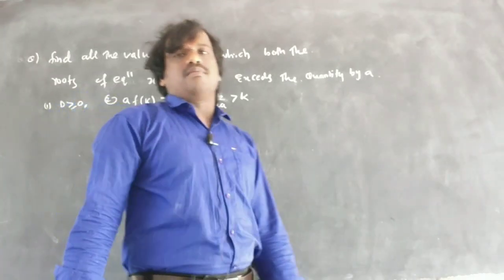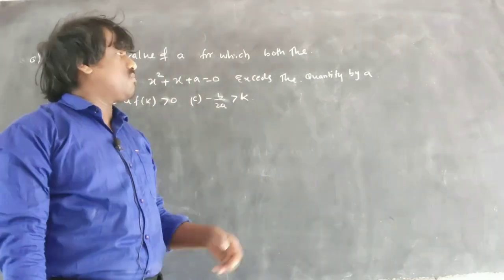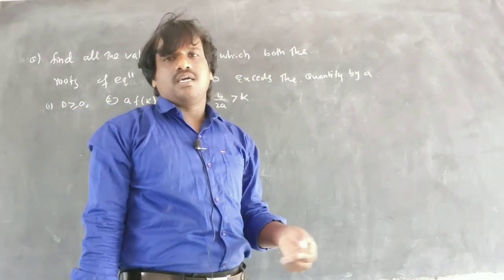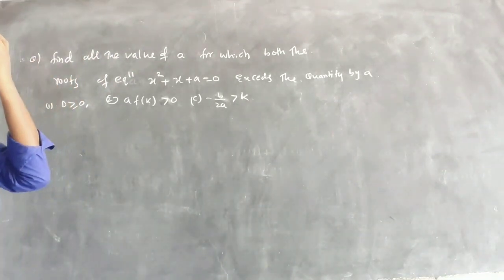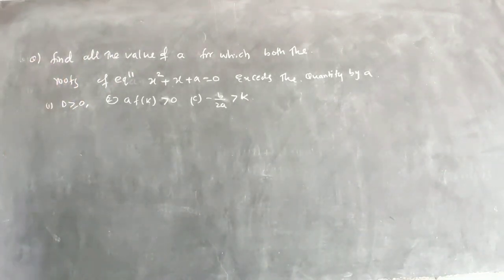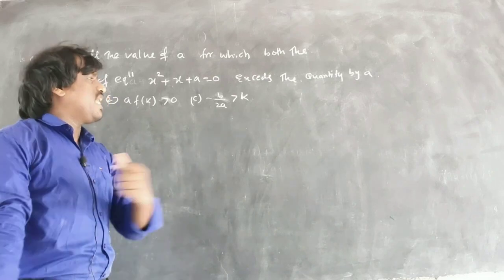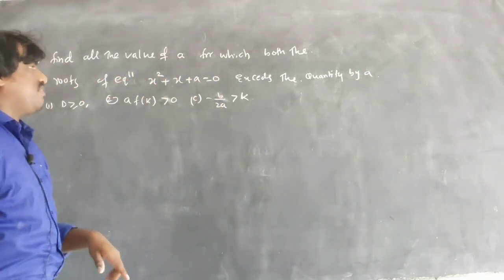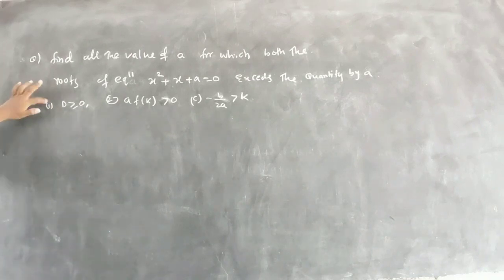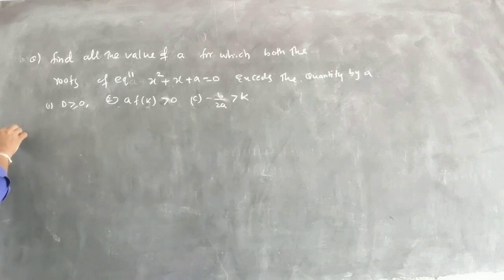Now let us see one more question based on this, because IIT and JEE ask these questions more frequently in the JEE exam. So you can take any books and solve them and you will get the answers. Now see here, the question is, find the value of a for which both the roots of the equation x square plus x plus a equal to 0 exceed a quantity A. Quantity A is given. So let us see here. These are the three conditions I explained in the previous lecture. So just apply them.